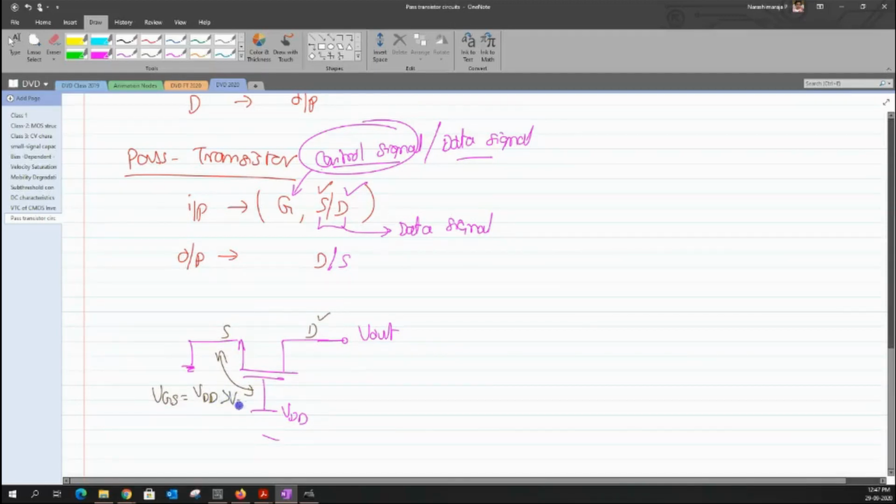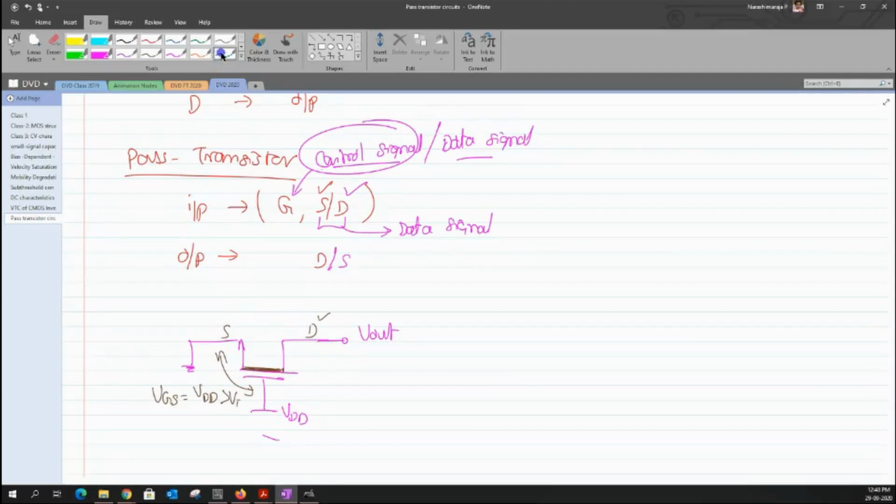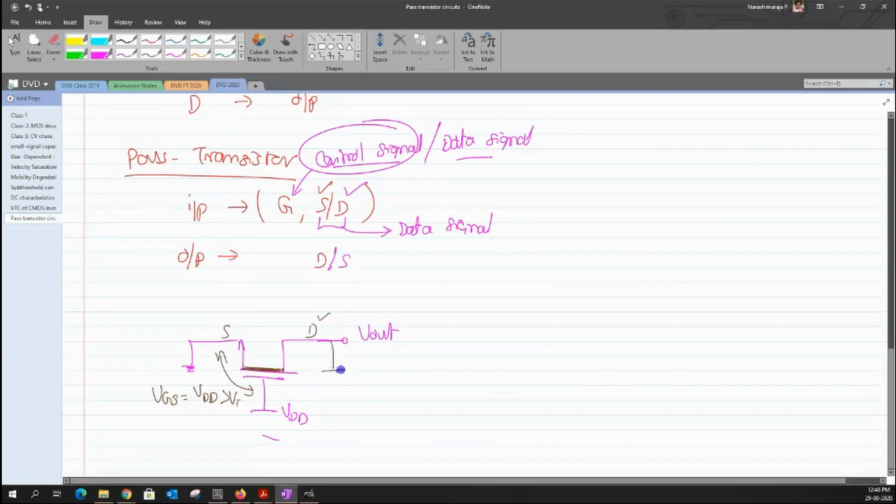So now there exists a channel between the source and the drain. In order to have the node connected to some load, I'm going to assume that the load here is specifically a capacitor. Let us assume there exists a capacitor, and the voltage across this capacitor is not so important, but for your convenience, I assume that the initial voltage across this capacitor is held at VDD.